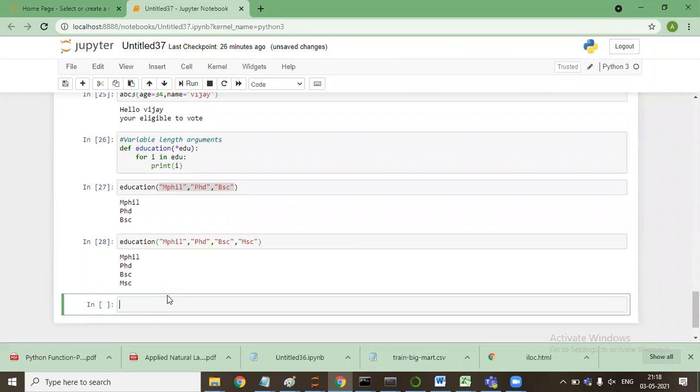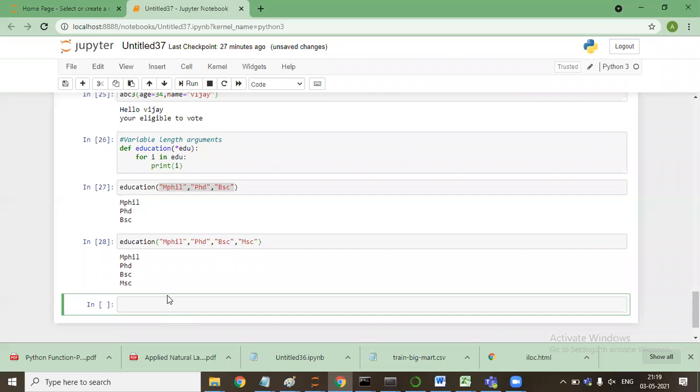Are you with me? Yes, sir. So now the thing is, why are these variable length arguments required?